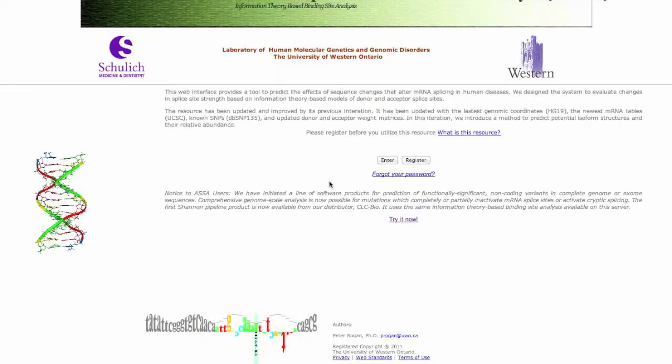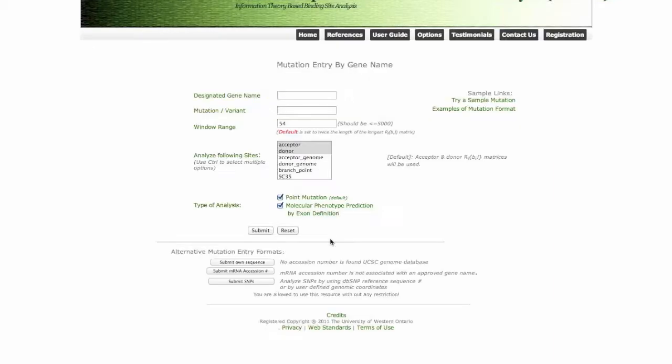in 2013. You do have to register to use this resource. You should receive the confirmation email within 10 minutes to activate your account. Once activated, you enter your information, but I already did that. And then we read the terms of use, and then we go on to the main input page, and this is where we find a mutation based on